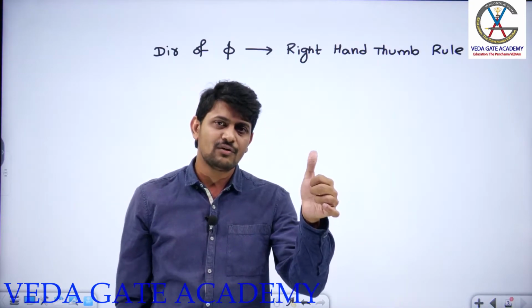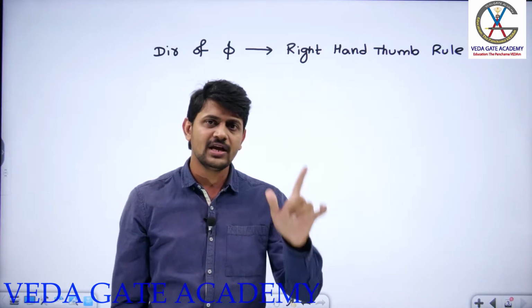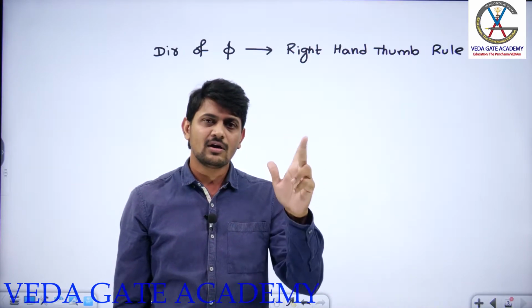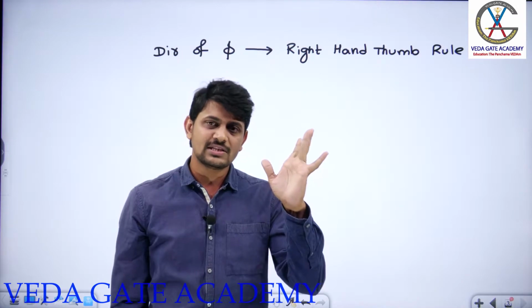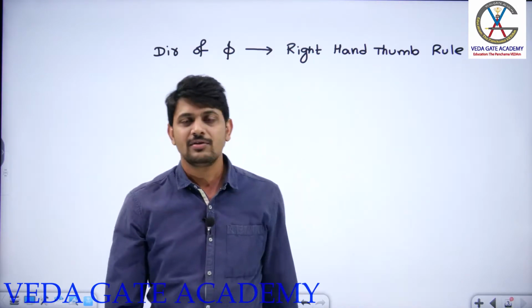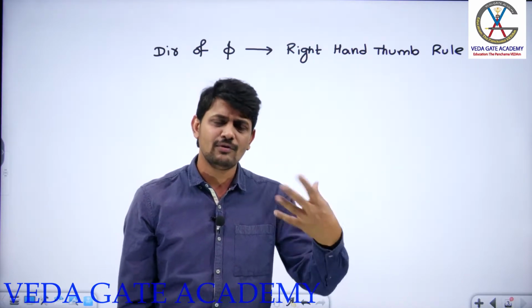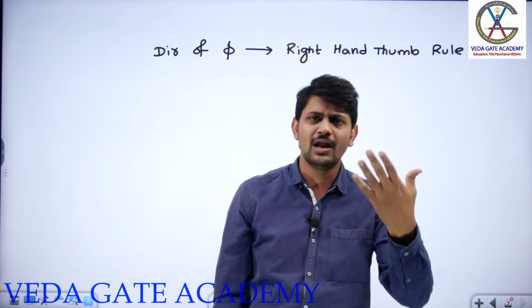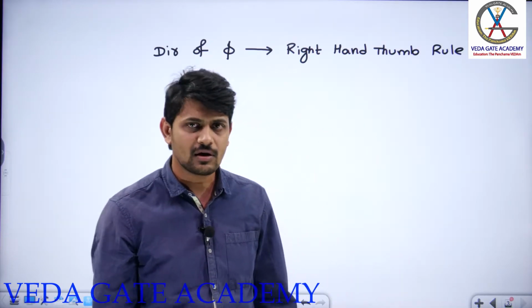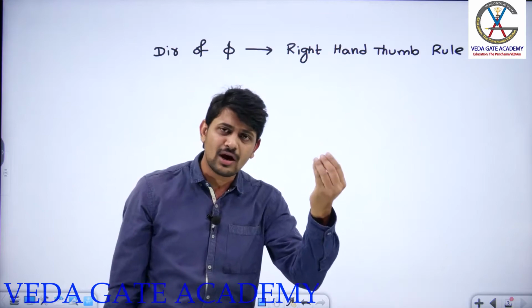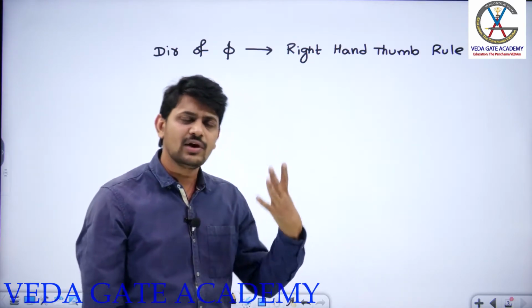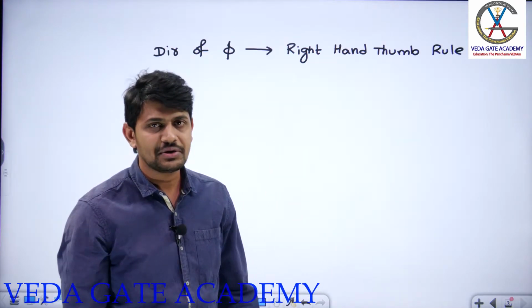One is Faraday's law of electromagnetic induction. Second is Fleming's right hand rule, and third is Fleming's left hand rule. Fourth is Lenz's law. Fifth is the right hand thumb rule. Majorly we will use these things. Of course, you will have the Lorentz force equation and other stuff also, but if you understand these 5 things, then definitely you can enjoy electrical machines.